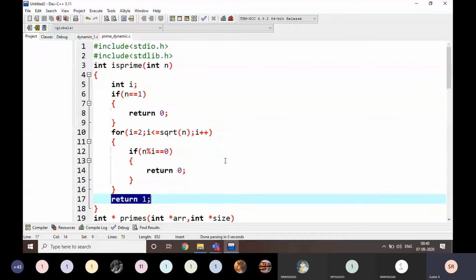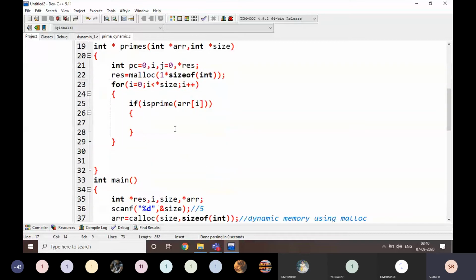I am going to check whether every value is a prime or not. If any value is a prime, I am going to increment pc plus plus. There is no need of that.